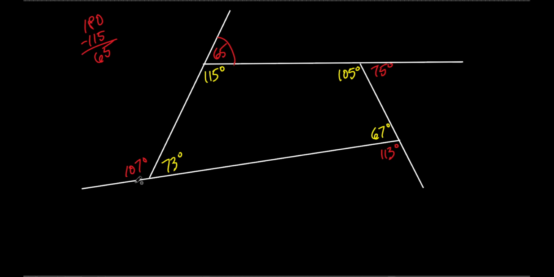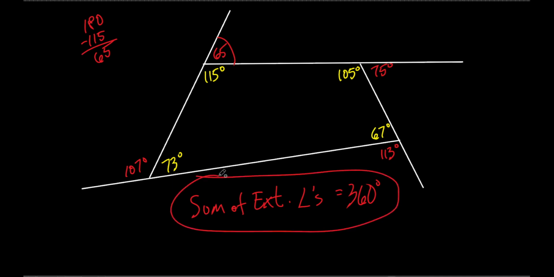If I add it up, 107, 65, 75, and 113, the sum, I'll write it like this. The sum of the exterior angles, the red ones are the exterior, okay? The exterior angles is going to equal 360 degrees. Now, the question is, does it add up to 360 degrees because the interior is 360 degrees? It doesn't, because if I tried it again with another one, now I could go to a 5-sided figure, but I did a